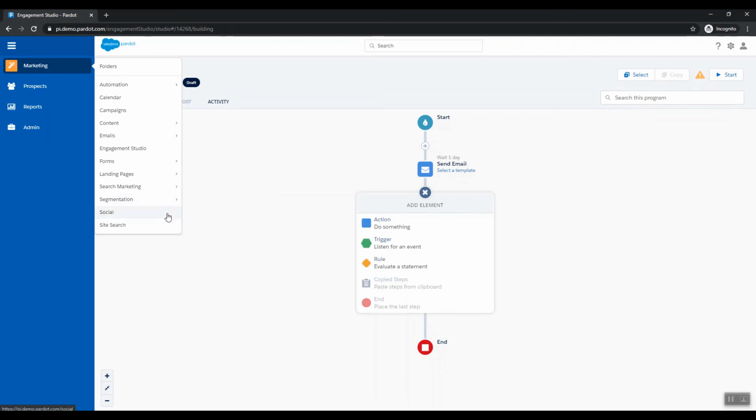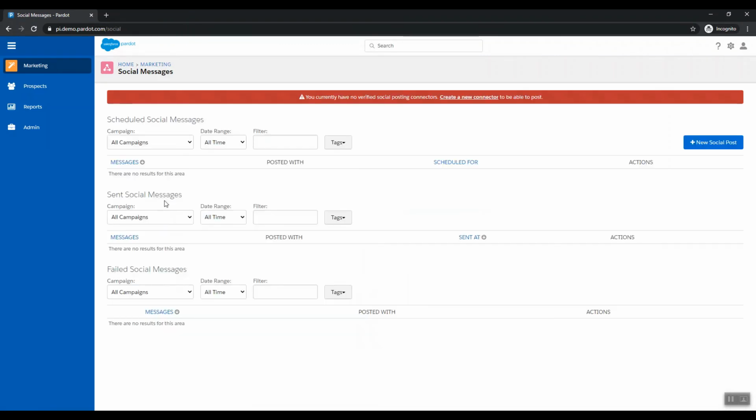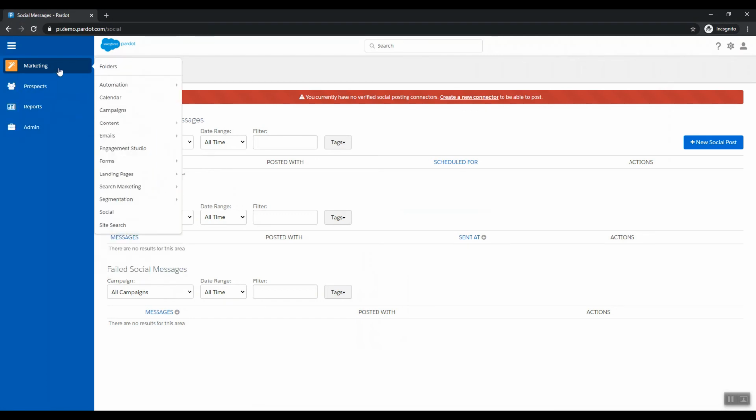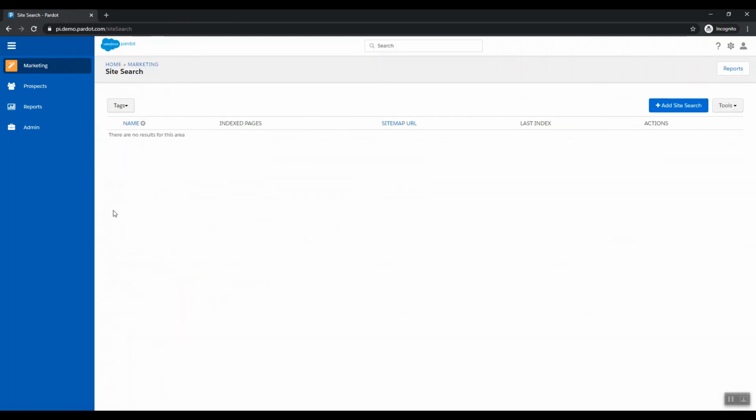And then there's social, so you can add in any number of social medias into this Pardot, from your Instagram accounts to all the social media accounts of the organization. There's a site search. So the site search tells us what people are searching in your website. This Pardot is in the staging environment, so we cannot see really anything over here until we create and start using it.